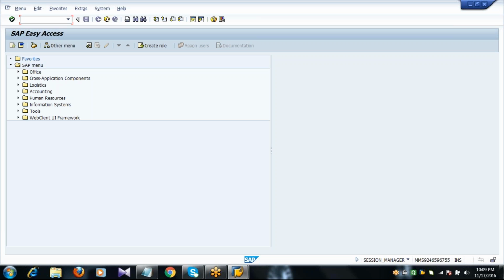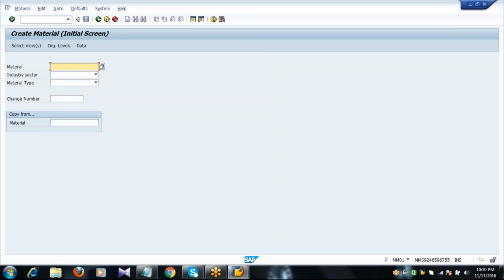So here I'll enter MM01. If you want to enter a material name, you can give the material name as it is. If you don't want to maintain the material name, keep it blank. The system will display the number from the number ranges you maintained.